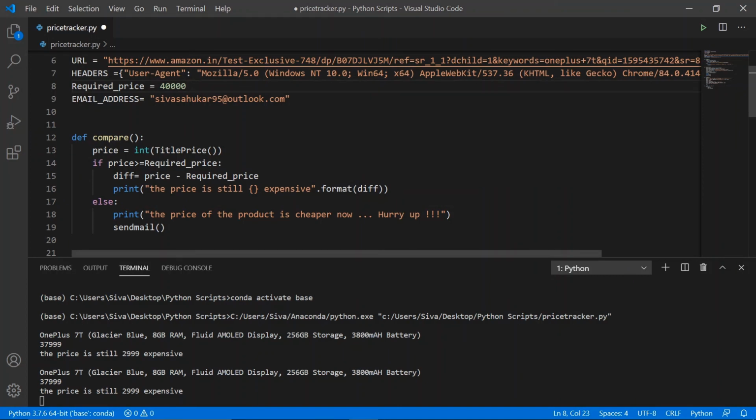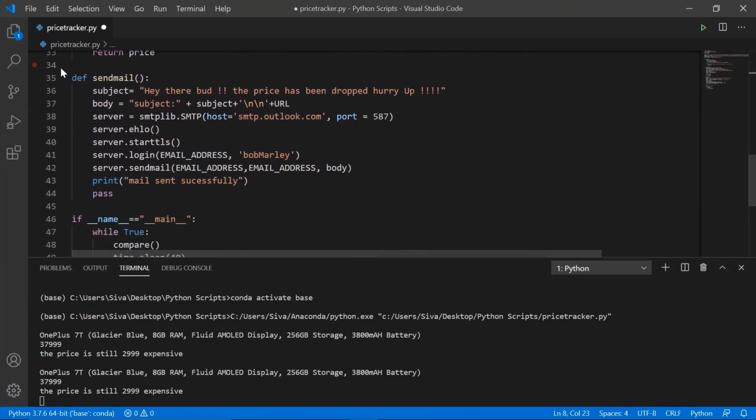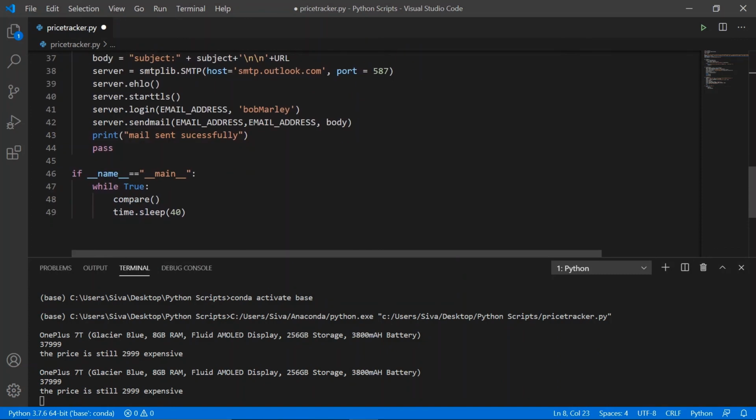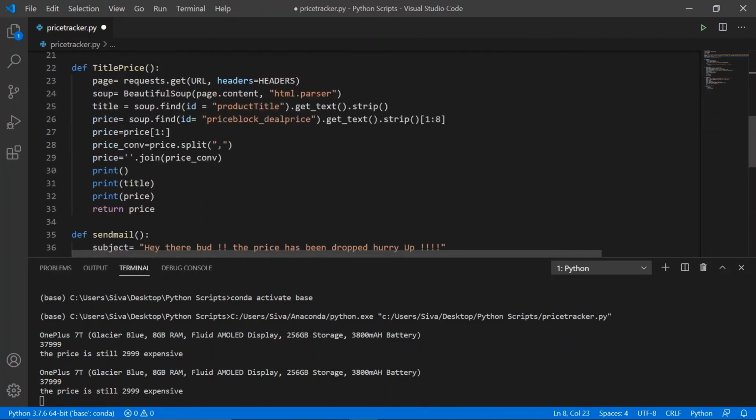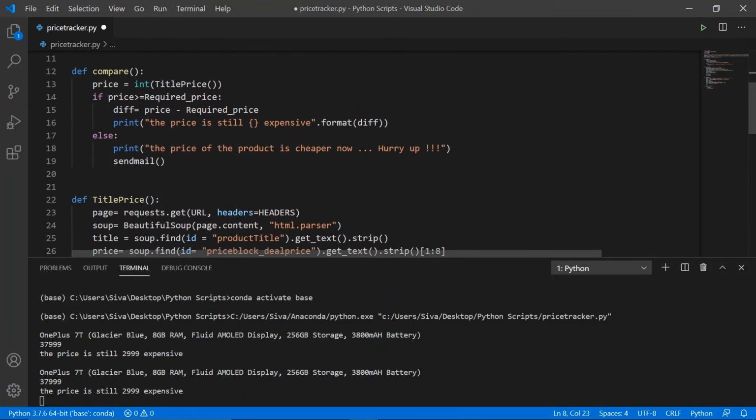The moment it checks, the else condition passes, so the price of the product is cheaper now, hurry up, and it will send us an email. It will go to this function and process everything, and at the end it will say the mail was sent successfully, and we are continuing this loop for 40 seconds. That means every 40 seconds it will send us an email if the else condition is satisfied.